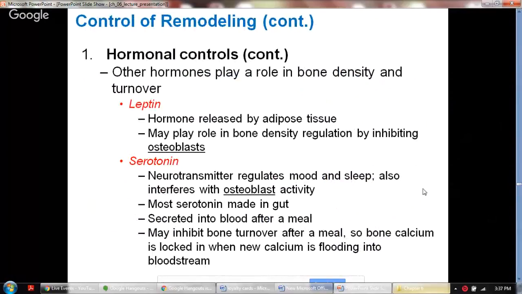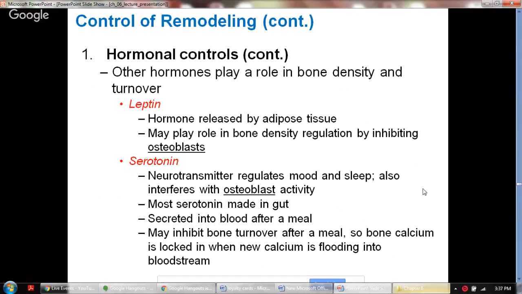The other hormonal controls involve some less popular but important hormones. Leptin, which is released by the adipose tissue, regulates this process by inhibiting the osteoblast. Serotonin is another important hormone. It is a neurotransmitter which regulates mood and sleep, but it also interferes with osteoblast activity, which leads to